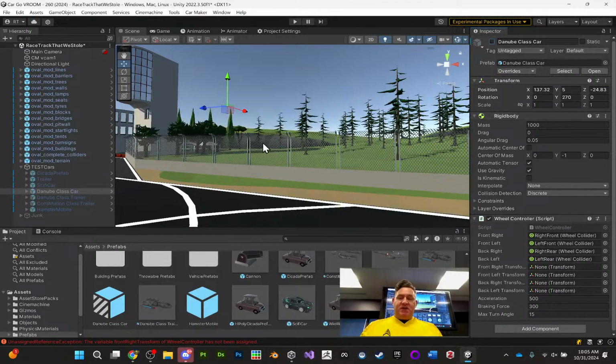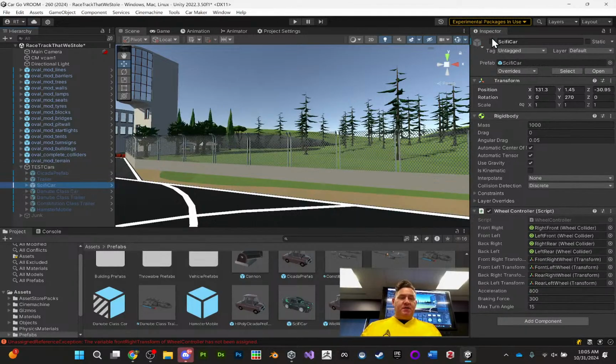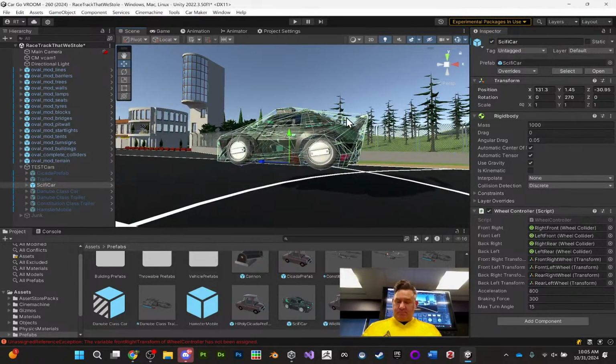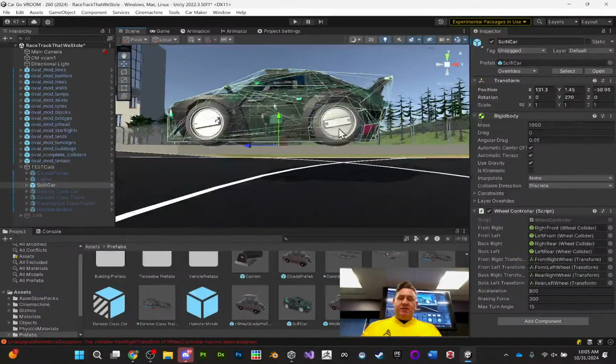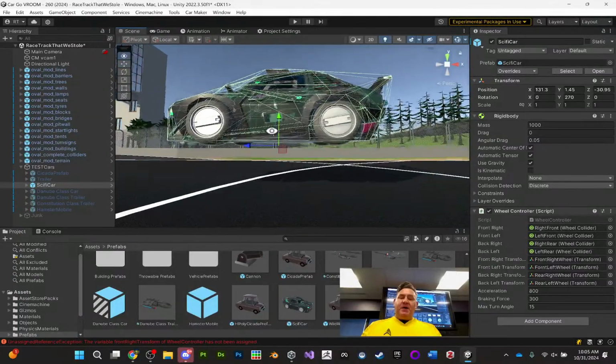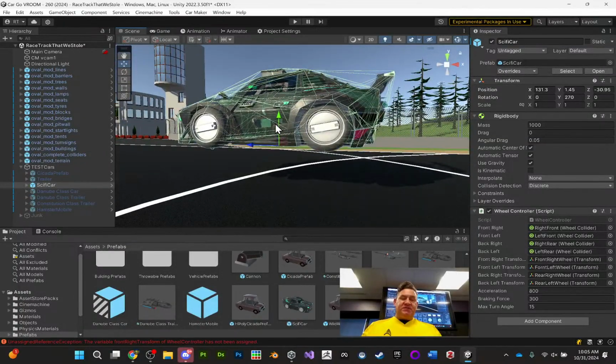Let me just do this. So I'm going to take this. This one was fun. So I got the sci-fi car. This was another free one that I found. It's kind of cool, and just given its lowrider status, it can get hung up on stuff. But I figured out that playing with the center of gravity really impacts stuff. So if I come up to,